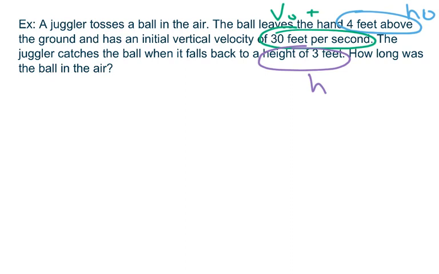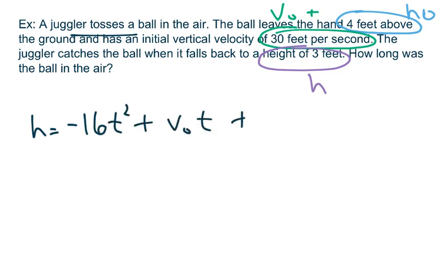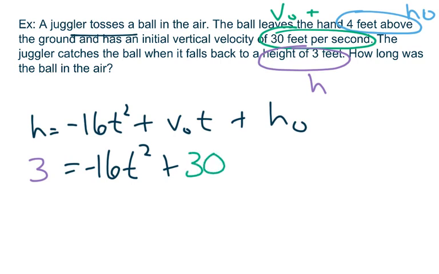Okay, so if we go back to our formula, obviously we're tossing it, so we're going to use the longer version. H equals negative 16 t squared plus V sub 0 t plus H sub 0. Let's go ahead and fill everything in that we know. Our current height is 3 feet, and that's equal to negative 16 t squared plus our velocity. We're throwing it upwards, so it's 30, and then we're going to have a t plus, and then our initial